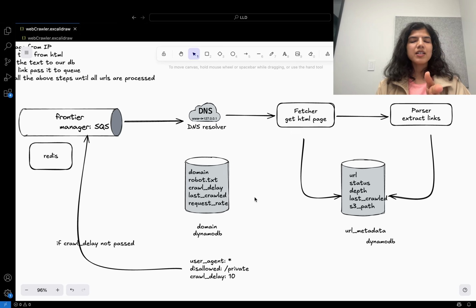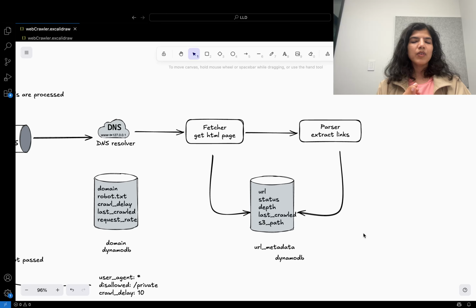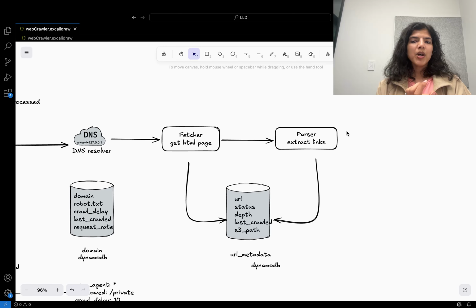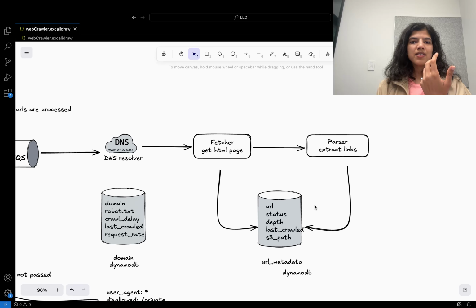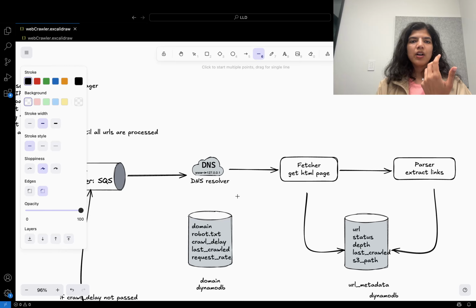If it has passed, it will send it to the fetcher, which will get the HTML page downloaded and save it to my URL metadata and the text metadata. Here we have to store the text metadata as well. After that, we send it to the parser to extract the links. Once the extraction process is done, we'll send the links back to our